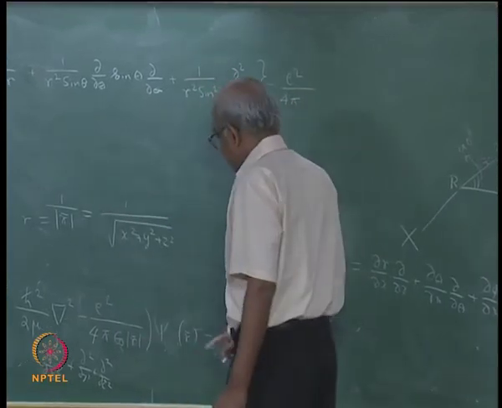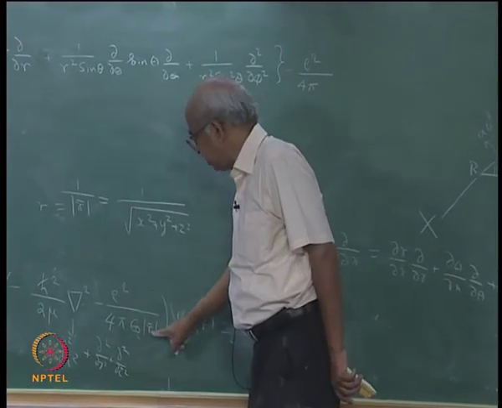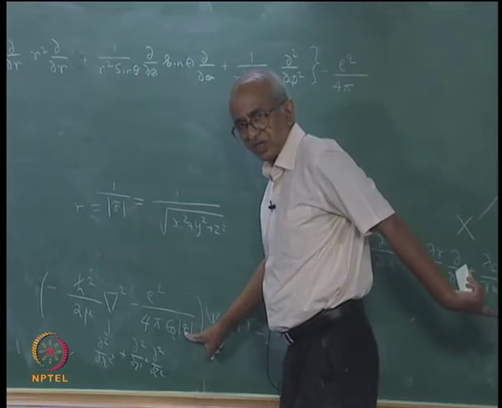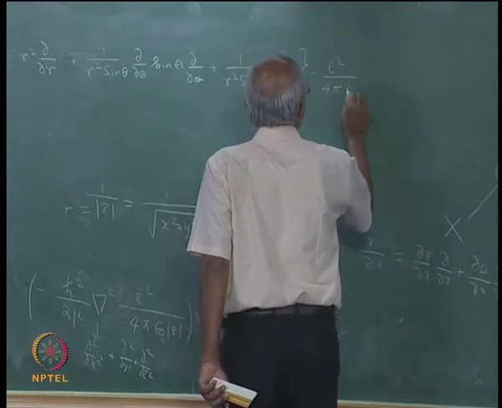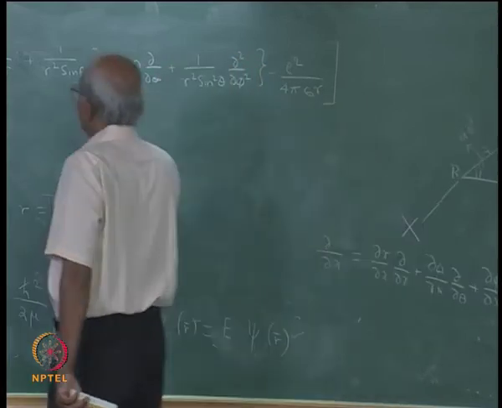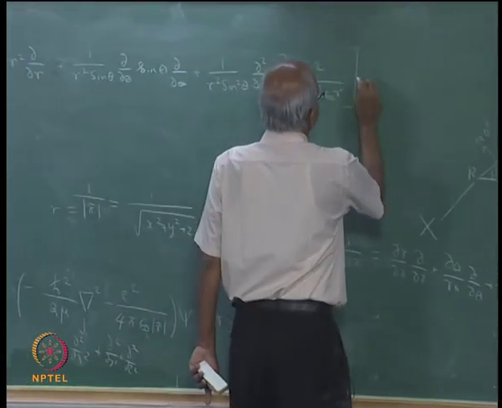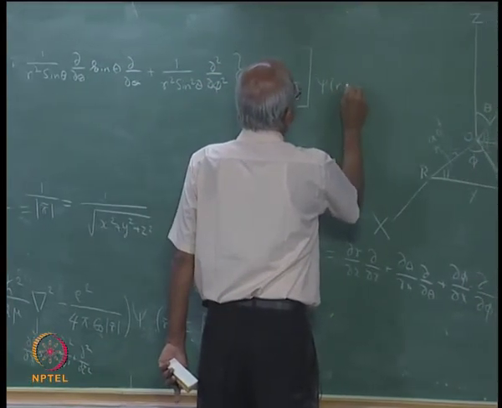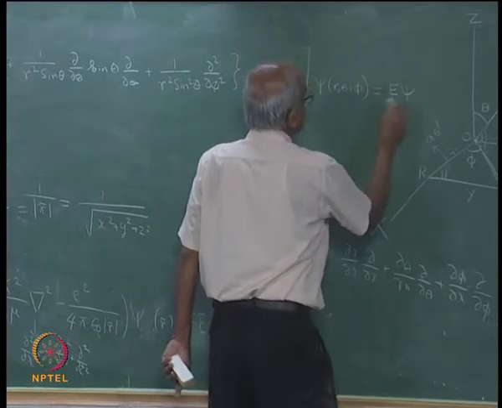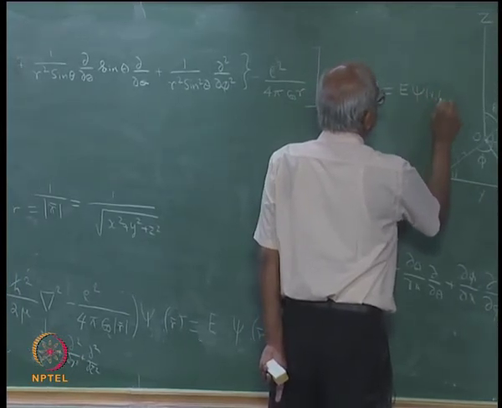What am I writing now? I am writing the potential energy, and the potential energy actually contains only the magnitude of r, which is the number r that we have been talking about. So, 4π ε₀ r. So, this is your Hamiltonian operator, and the whole thing operating upon psi, now you have to imagine that this psi is a function of r, theta and phi, and the answer must be equal to the energy E multiplied by psi(r, θ, φ).